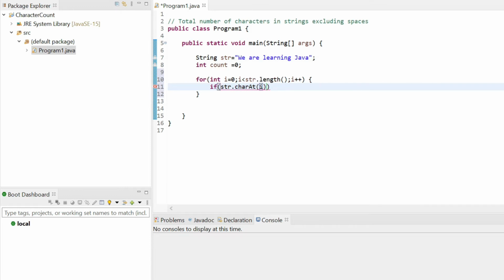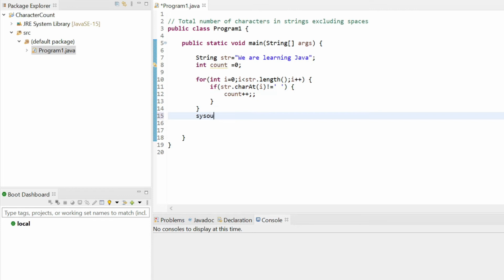So charAt(i), that is the index that is going on, not equal to space. In that case, we are going to increase the count by 1, so count++. In this way, ignoring all the spaces, our number of characters will be counted.